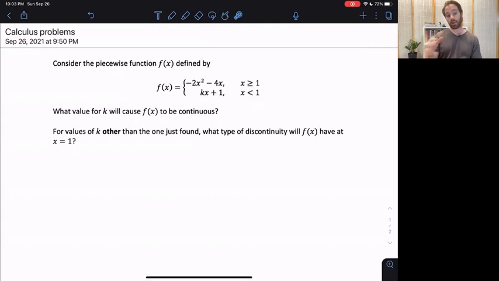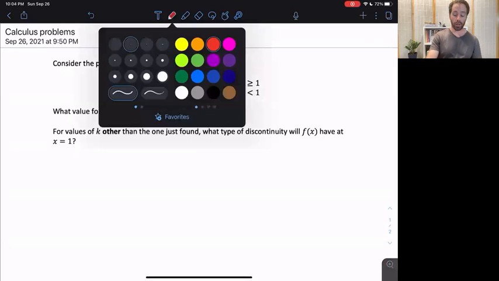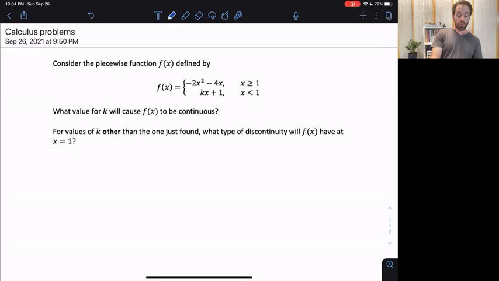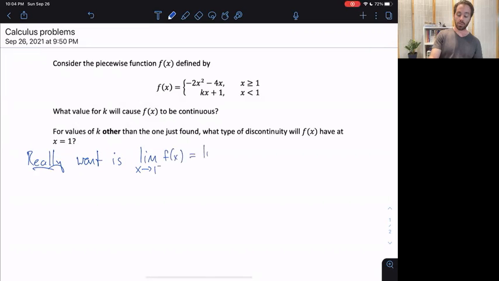The actual algebraic steps that you take here are that you plug in 1 to both of them. But I want you to understand why, because there's a reason why, and it's worth knowing. What you really want is for the function to have the same limit on the left and on the right at 1. So what you really want is the limit as x approaches 1 from the left of this function to be equal to the limit as x approaches 1 from the right